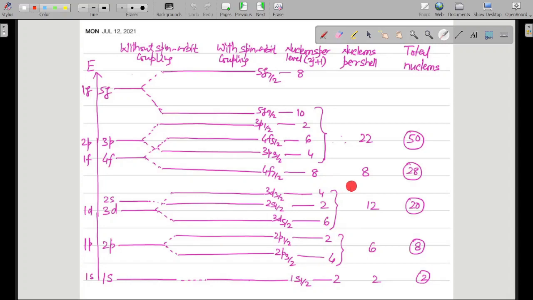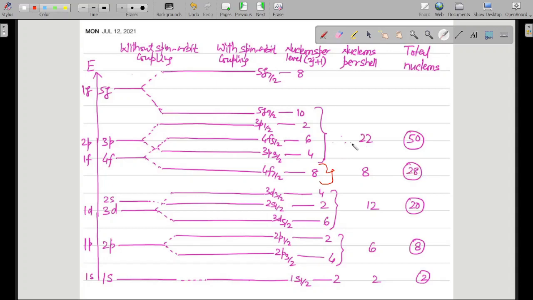Over here the gap is huge. As the gap is huge, the shell number will change, so the magic number 20. Over here the energy gap is huge. This alone is a shell. Please remember this fact. Over here also the energy gap will be huge, so we have encountered another